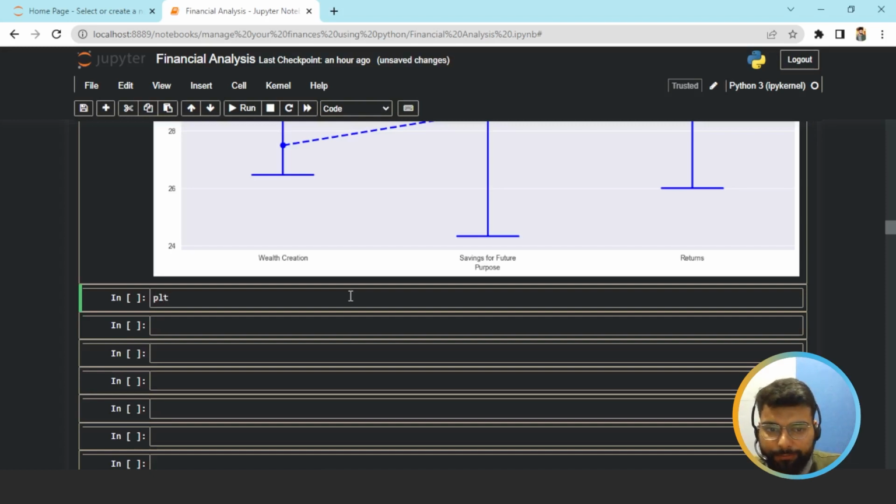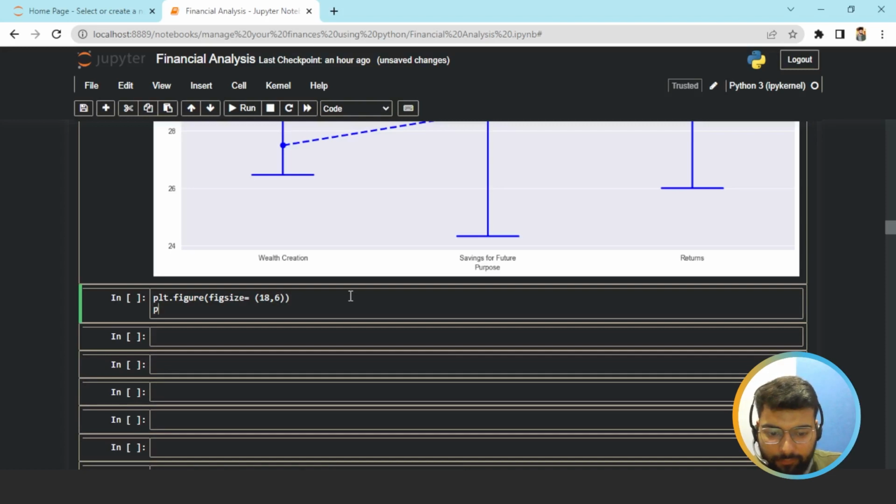So for that we would be having the matplotlib library only, and would set figure, and here we would be having two subplots. So first we will define the figure size, that would be figsize, and that is equal to 18,6, and now we would use the subplot function plt.subplot, and we would define the parameters for subplot,